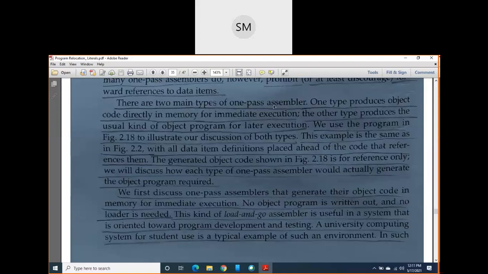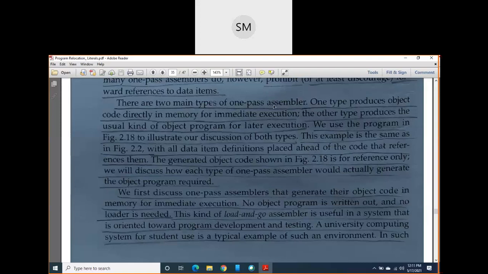So here, how does it work? Since it is using only one pass, whenever it comes to an instruction, it will just find the opcode of that instruction and the address of the operand. Since you have already eliminated the forward reference, it already knows the address of all symbols. So it just takes the address of that symbol and immediately assembles that instruction. I mean, it translates that instruction, converting it into object code.